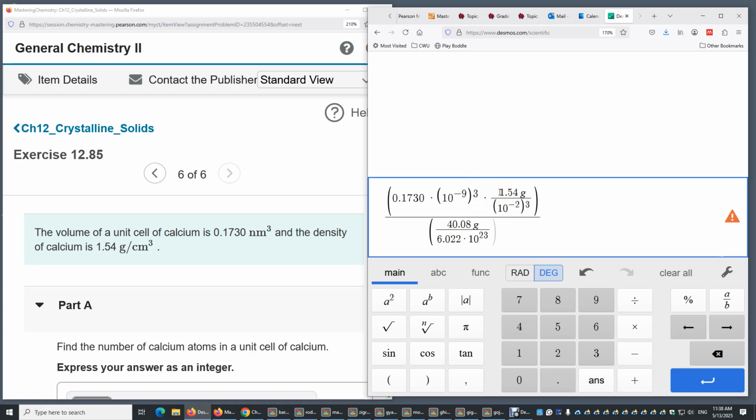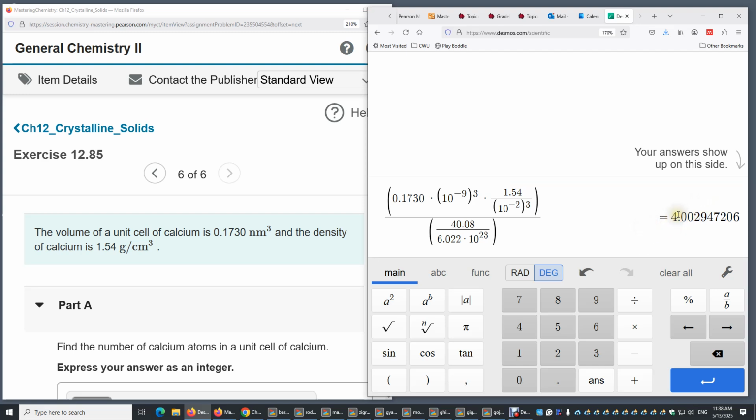And also this is the density with conversion from centimeter to meters as well. Each centimeter is 0.01 meters. So we have to have this conversion on the bottom. We have grams on top and grams on the bottom. They cancel, and now we have a number